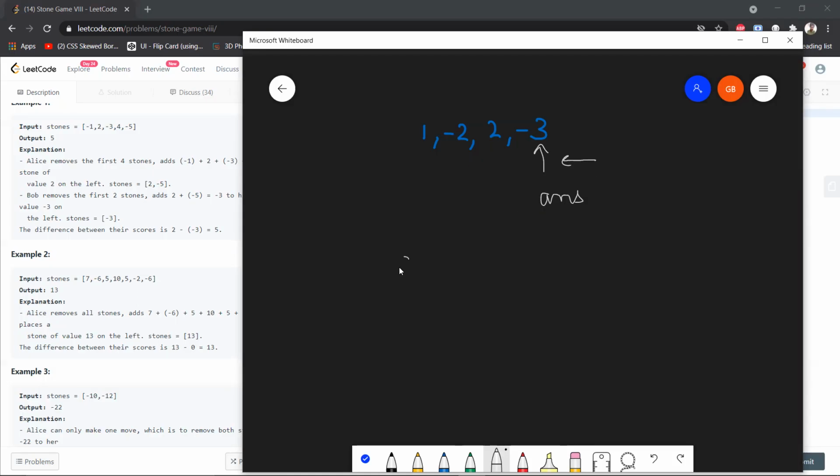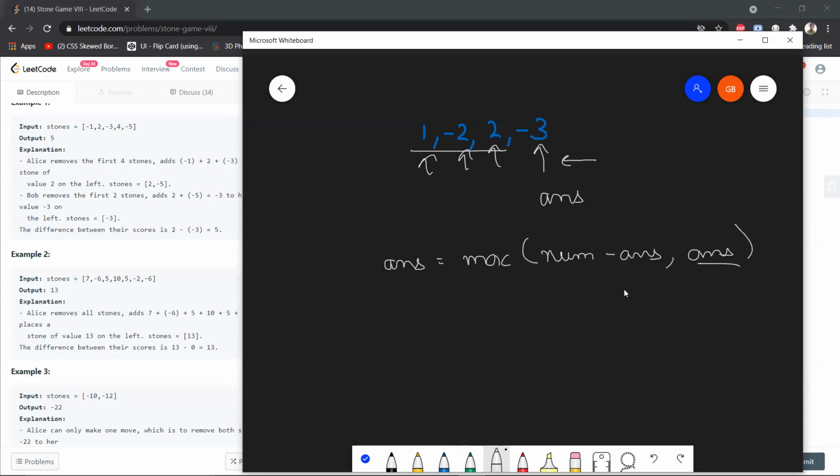So answer, sorry, my A is a little bad. Answer would basically be the max of any new number that you are iterating over, like either it's 2 or -2 or 1. Let me say it's num minus answer. This will give us the new value, or the previous answer was the max itself.